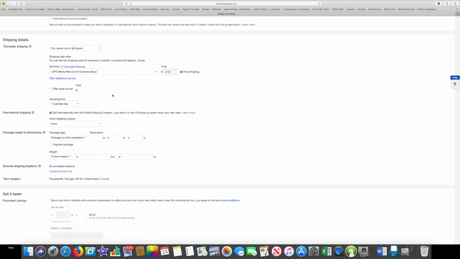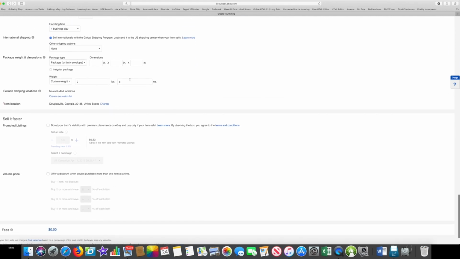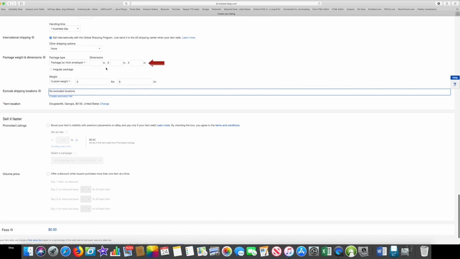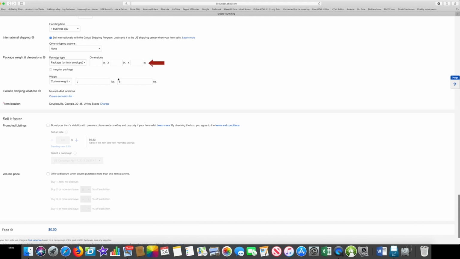Now, you don't have to put your package dimensions. You can do that after you sell it and you get to that shipping page. You can put your actual dimensions in there. So the one scenario where you would want to put package dimensions is if you're having your buyer pay shipping. The length, width, and height of the package combined can cost the customer a little bit more, depending on where it's going and the weight. So if you're going to do calculated shipping, you'll probably want to fill this out on larger items. All right, so